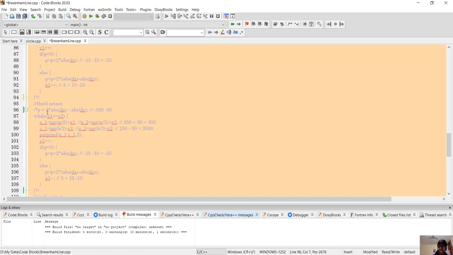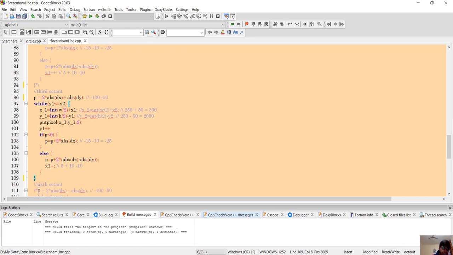The third octant will be like our second octant as well. In this we are moving in the negative x direction and the positive y direction. So x is getting negative and y is getting positive, just remember that. Our dx is getting first, and the entire code is almost similar. Okay, now let's run it.